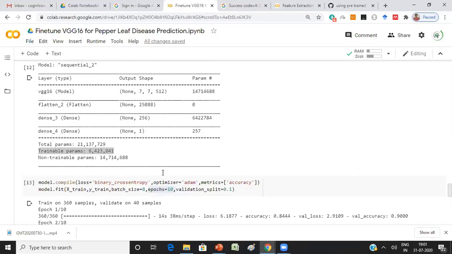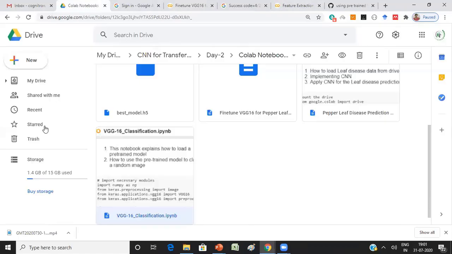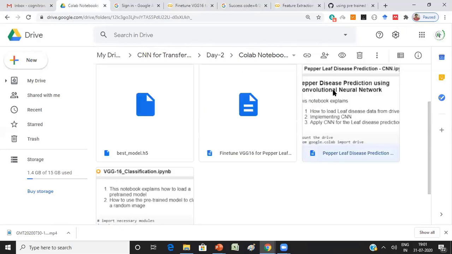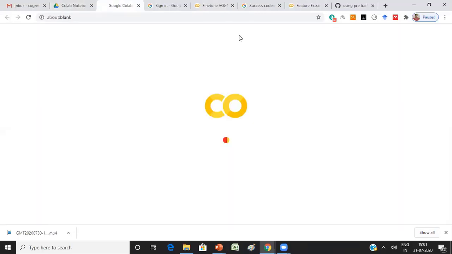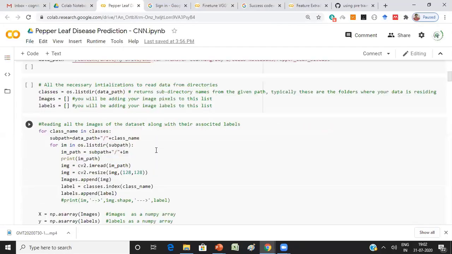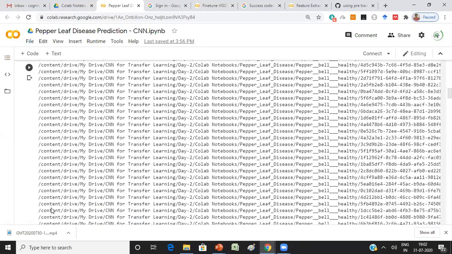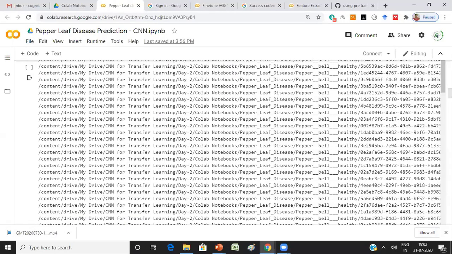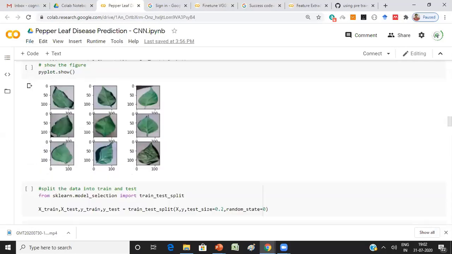So you didn't design any CNN model. In the previous class, let me show what we created. Earlier, we designed one CNN, and we were kind of struggling: how to create the model, how many convolution blocks should be there, how many neurons should be there, and what should be the kernel size.